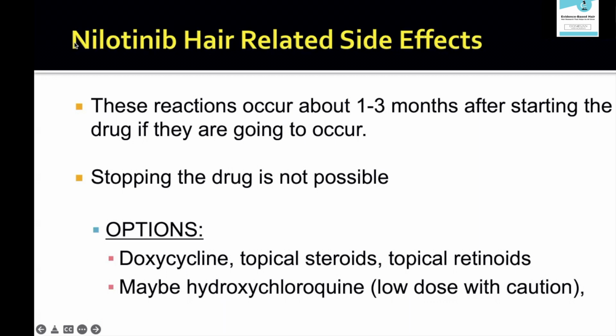But I think we have to be careful before we encounter a patient with nilotinib and we remember that hydroxychloroquine was used in a study and we go and use hydroxychloroquine. We have to remember that prolongation of the QT and the chance for an arrhythmia is certainly there, and we need to pay attention to that. And so topical steroids, steroid injections, doxycycline may be also considered. But if you're going to use hydroxychloroquine, you might want to consider EKG follow-up assessments. So from LPP, we move to